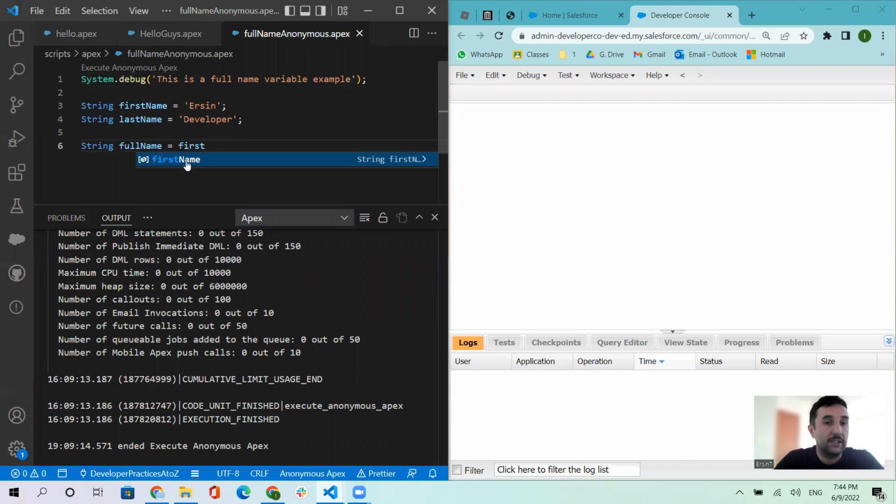As you see here, you can click that or enter, and plus. And the other one is lastName, and semicolon. If you want to give any space between them when we print it out on the screen,